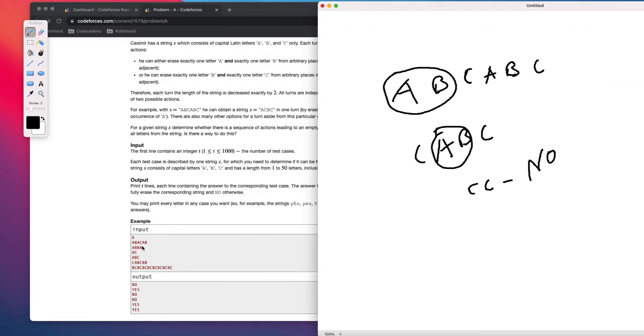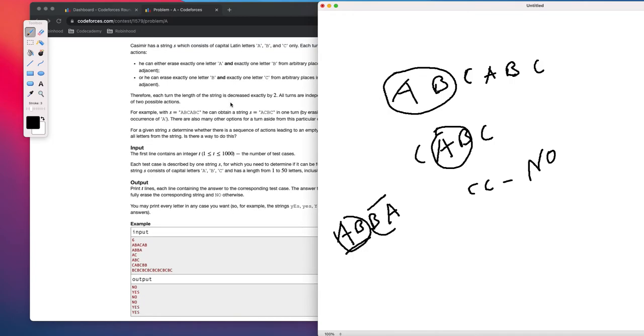Similarly, given the test cases, we can walk through some of them. Let's say this one is very straightforward, AB. I can remove this and this in one operation and then this in the next operation. So for this the answer would be yes. The only catch here is that in both the operations you can remove B, so B can club with either A or C.